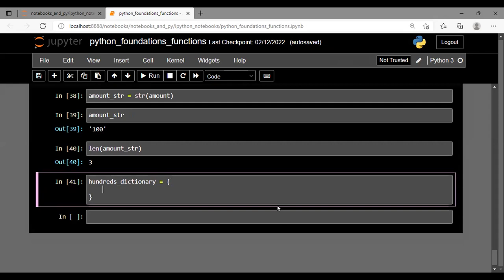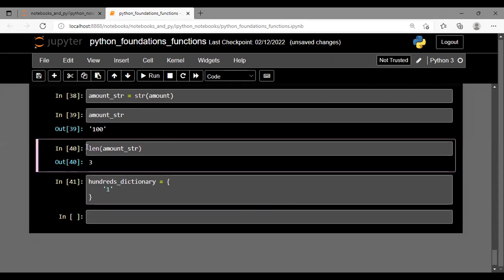Remember, this number is no more a number, it's now a string. So we'll have to represent that 1 in string. In fact, let me just do that right now. So let me call this